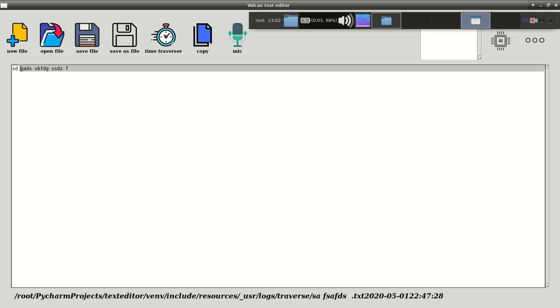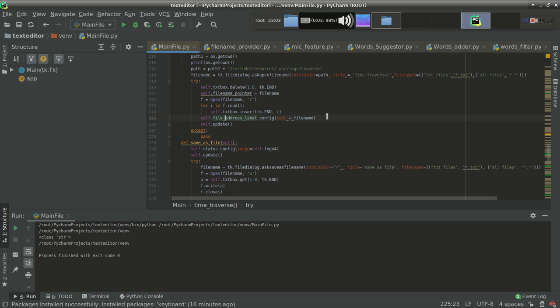And guys, one more thing also, you can see over here we just want the name of this file only, we don't want this one. So this is the bug. Let's remove this. Let's see how do we remove that.